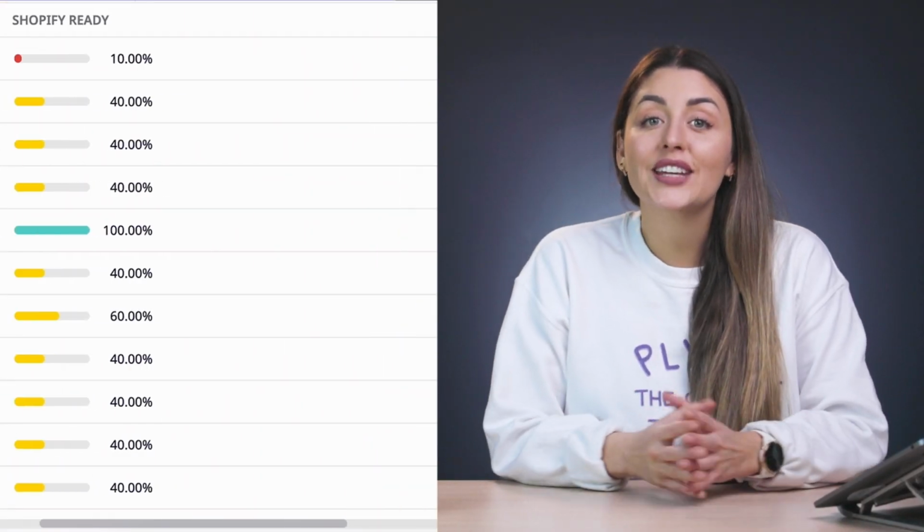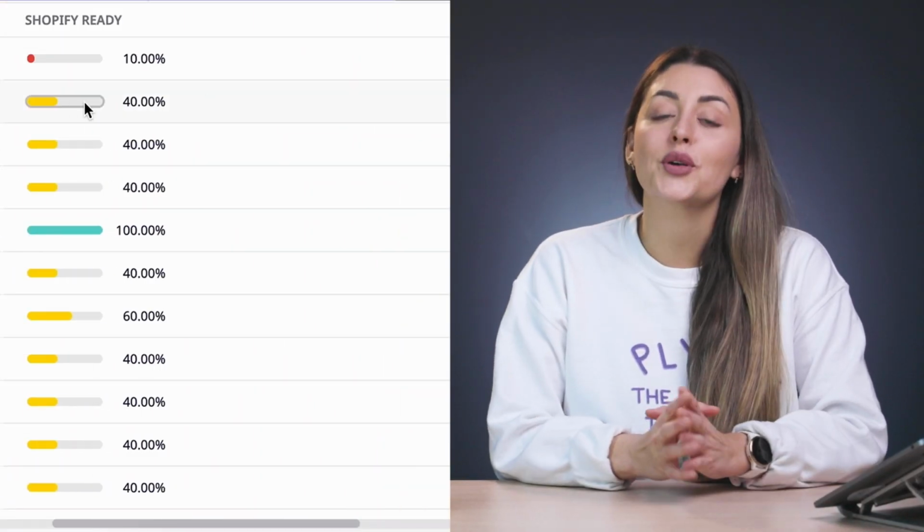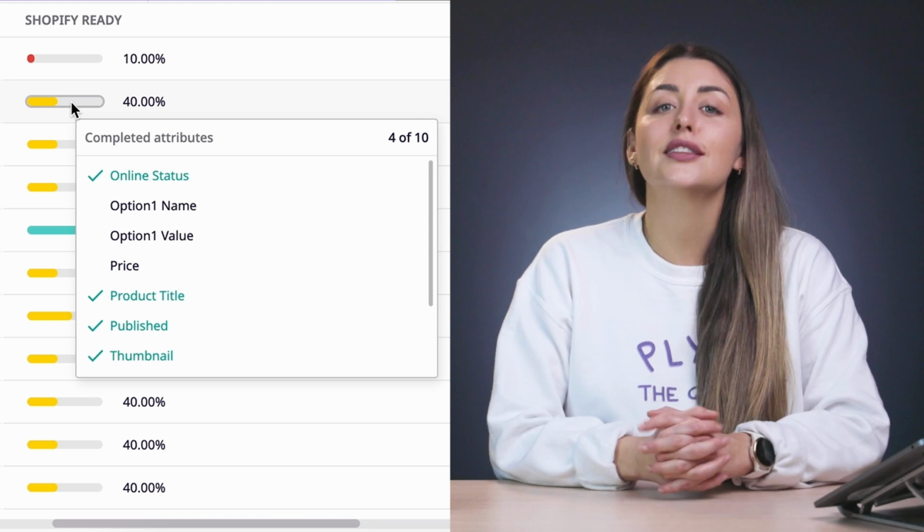If you still don't see any completeness for that product, make sure that all the attributes included in it are also included in that product's family. If everything's in order, this means that when your resident Shopify expert is enriching product data in your account, they can use the Shopify Readiness Completeness attribute to see which products are done and which still need content before being uploaded to your Shopify store. What's more, they can also see which individual attributes are missing information, essentially giving them a to-do list.